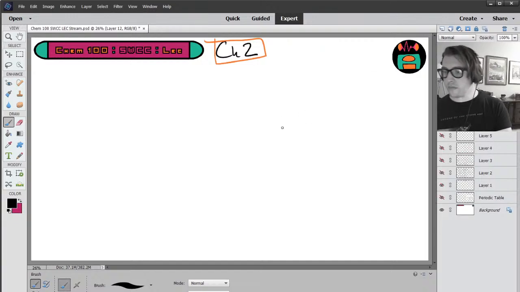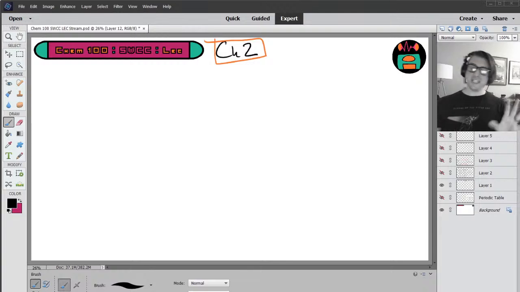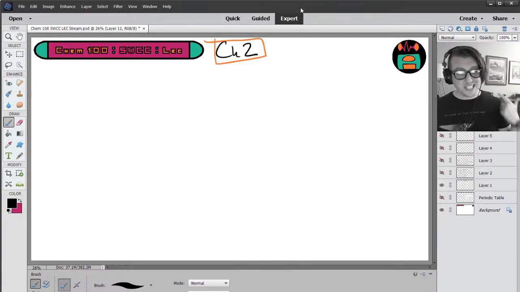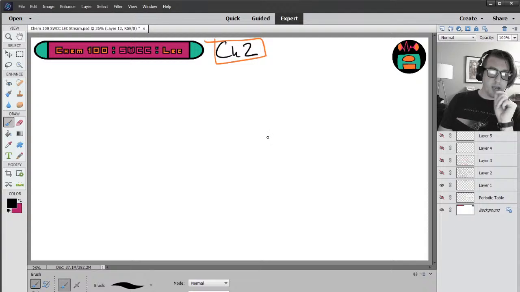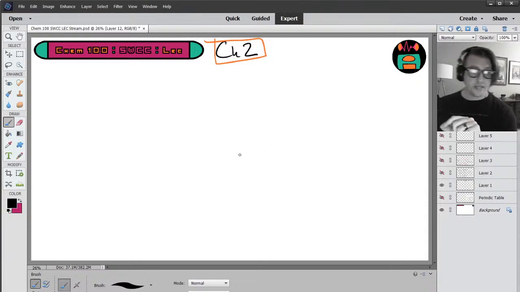So, all right. The one last thing we have to cover in this chapter before we dive into chapter 3. Chapter 2 is rather brief, but the last thing is important because after sig figs, this is probably going to be the most used concept that we use in this class. And it all has to do with atom count. It has to do with this concept called